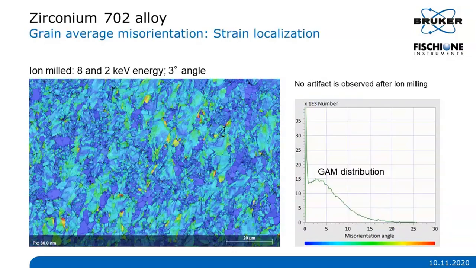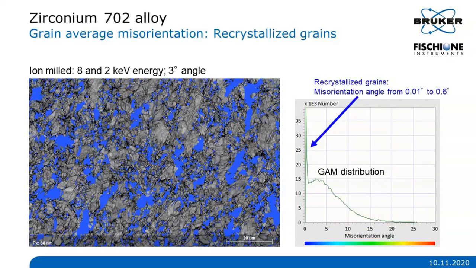you can look at the grain average misorientation. This representation will show you in the blue color the less deformed or recrystallized grain, and in the red color the most deformed grain, following this rainbow misorientation scale over here. And from that histogram you can easily create the subset of recrystallized grains with the misorientation angle from 0.01 to 0.6 degrees, which is showing in the